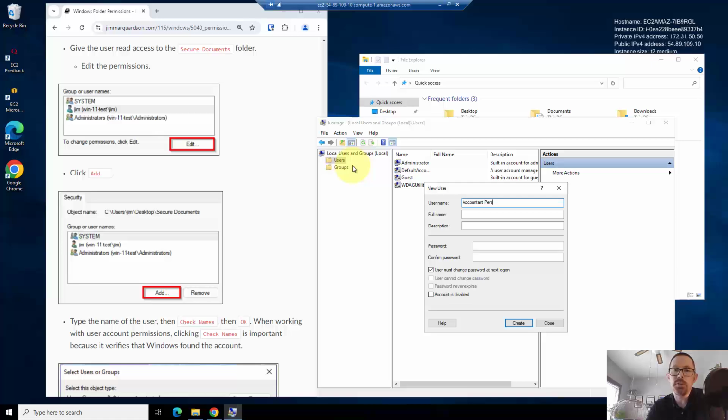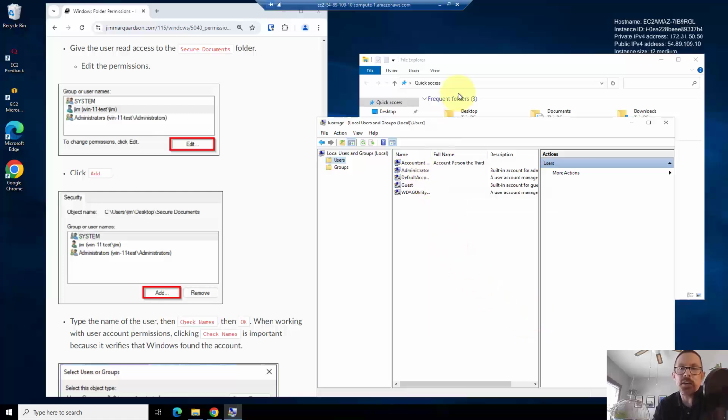accountant person. Full name is accountant person the third. And the password p@ssword1, p@ssword1. Hopefully those matched. Hopefully I didn't make a typo there. I'll just create this account. I'm not going to really do anything with that account. I'm not going to log in with that account, but